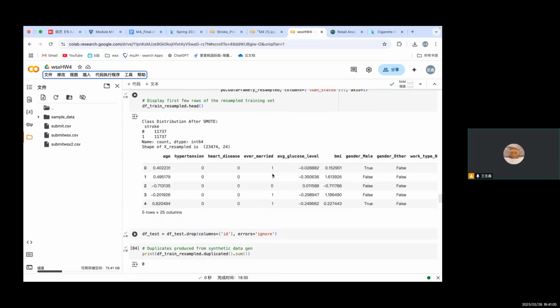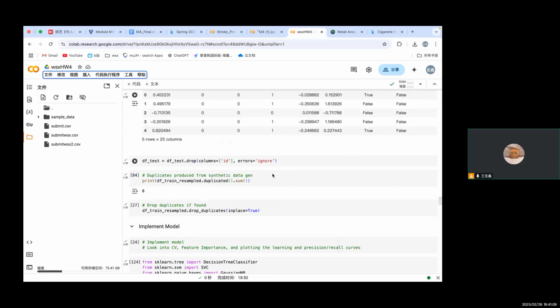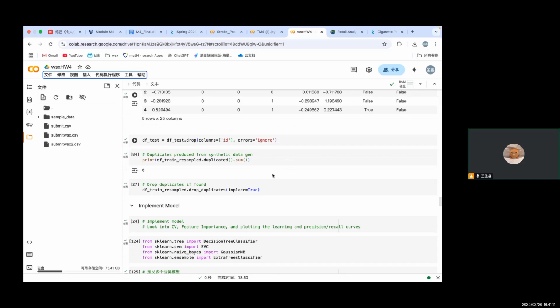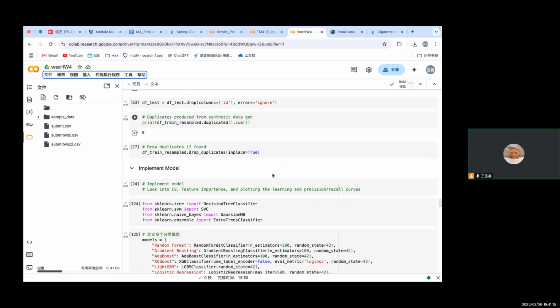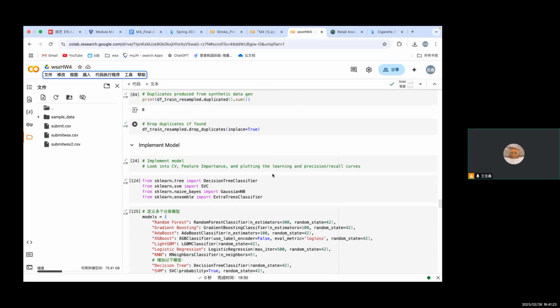So to better understand how the model was fitting the data, I plotted the learning curves. The learning curve allowed me to see how the training and validation F1 scores change as the training sample size increased. This step was crucial for diagnosing whether the model was overfitting or underfitting, and it guided me in fine-tuning